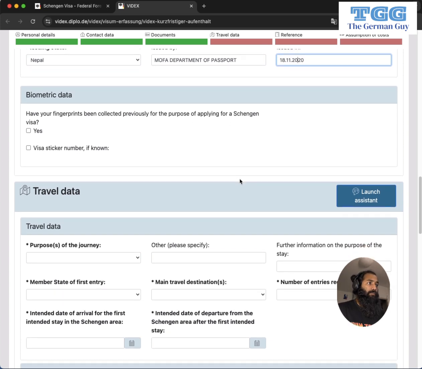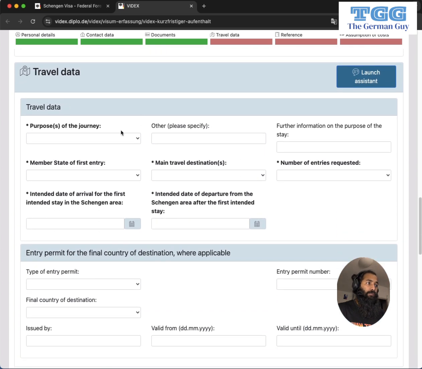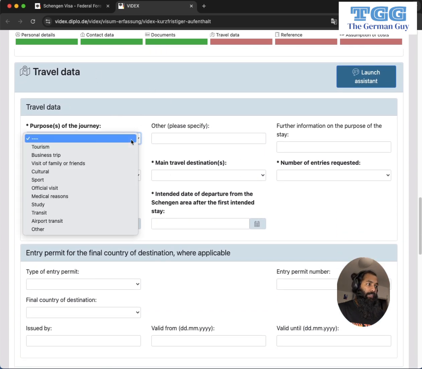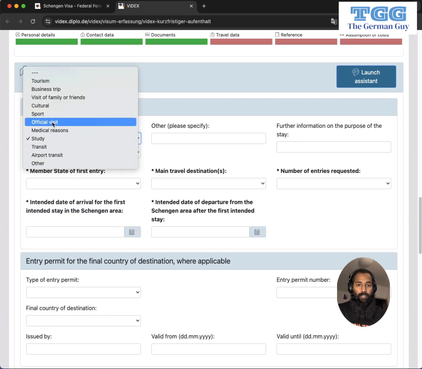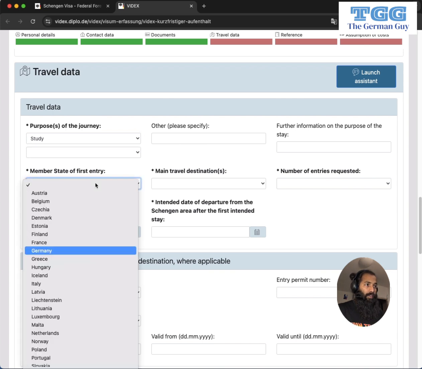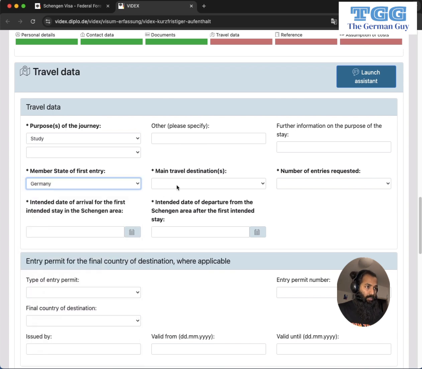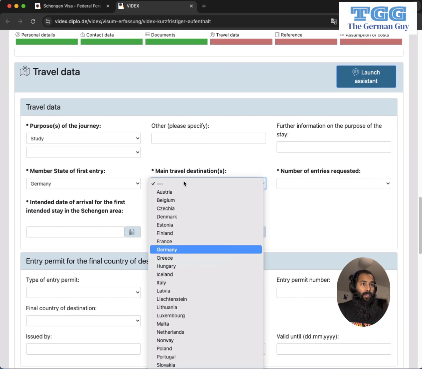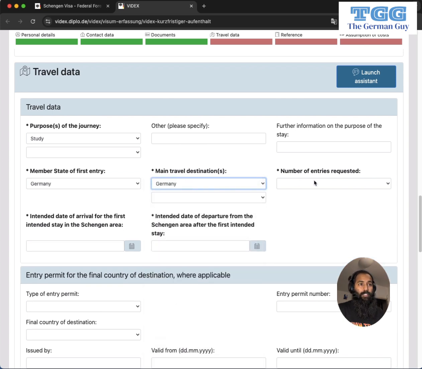And then the traveling purpose. The purpose of travel is going to be study, or if it's another visa, you have to put a proper category. So in our case it will be study. And then we don't need to fill this part. And then member state of first entry, where you want to enter, will be Germany. And then main travel destination, Germany. And then entry,